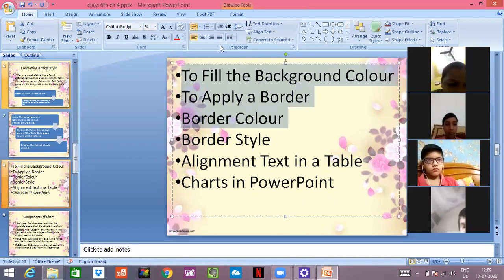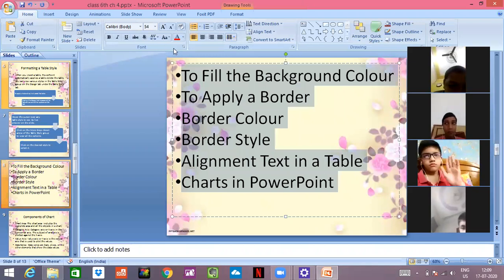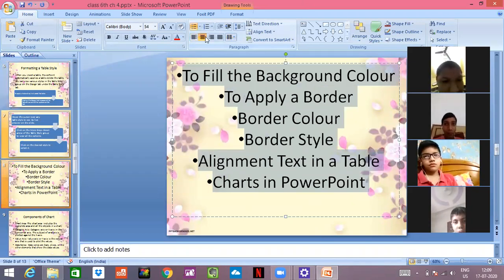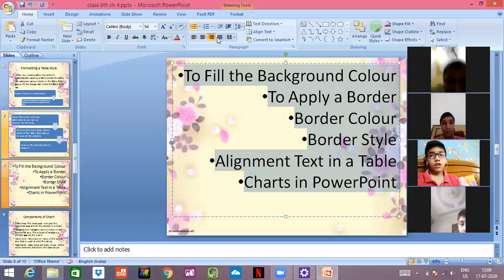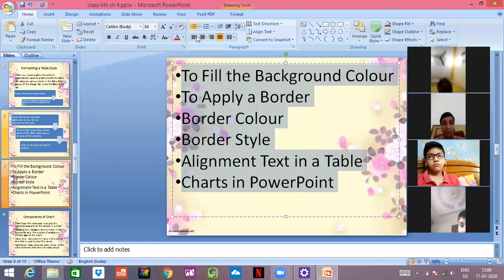Now all the paragraph alignments are there. This is left alignment, and after that I go for center alignment. See, my alignment is changed. If I go for right alignment, see, my alignment is changed more. This is justified, all equal, and this is my left. So I can change the alignment.